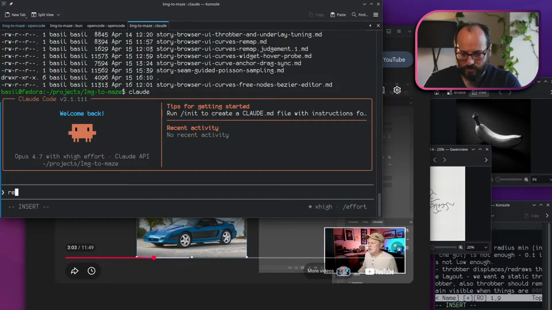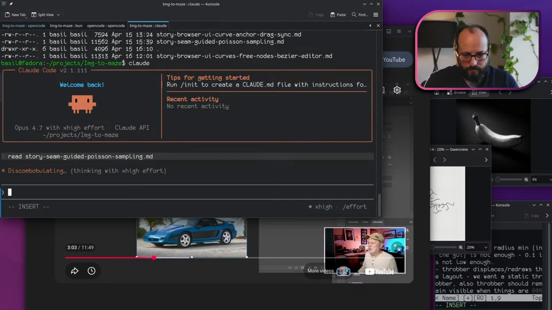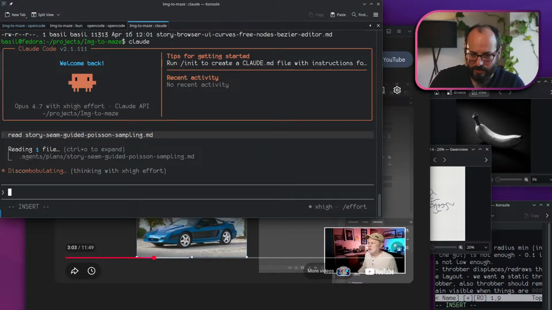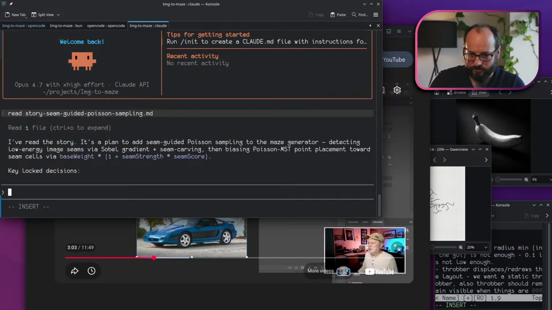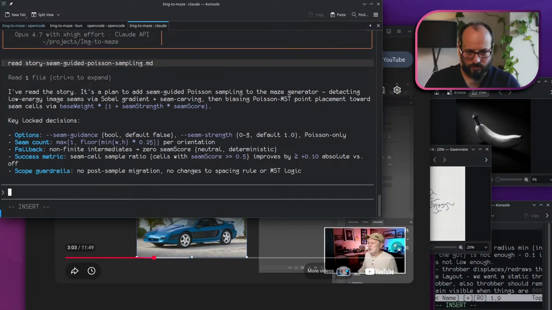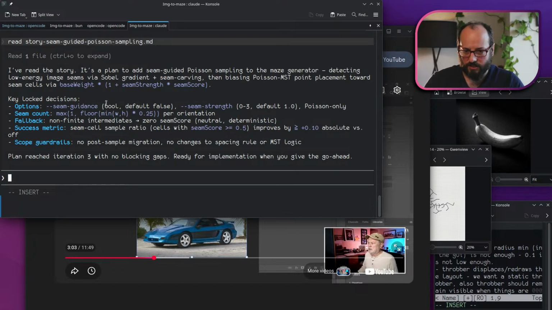So here's Opus 4.7. Read that. Oh, actually, it kind of needs to understand the project as a whole, doesn't it? Okay, actually, no, that's a decent summary. It's a plan to add seam-guided Poisson sampling to the maze generator, detecting low-energy seams via Sobel gradient and seam carving, then biasing. Oh yeah, so the idea is it's going to find seams in the image, and along those, once it has the seams, when it's generating the points, the points on the image